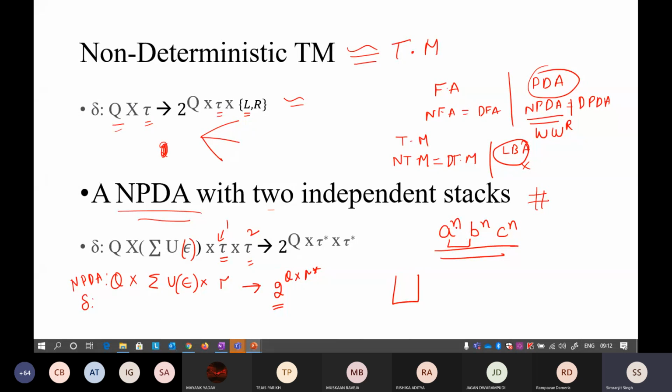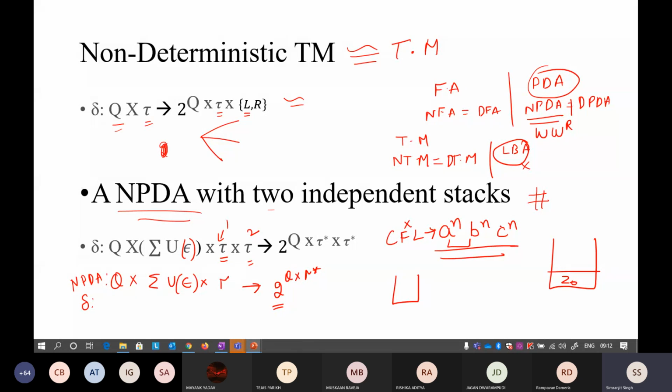Okay, so I again want to tell you about a very good question asked by a student in mail, a very valid question, so I just want to share it with you also. This particular language is a classic example of a linear bounded automata. So it is not a context free language. Keep in mind, this is not a context free language.